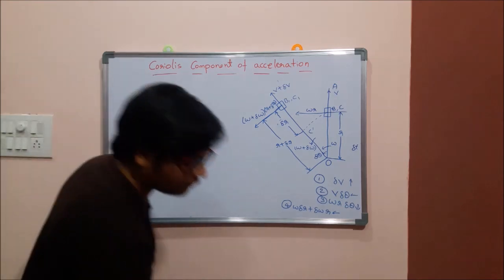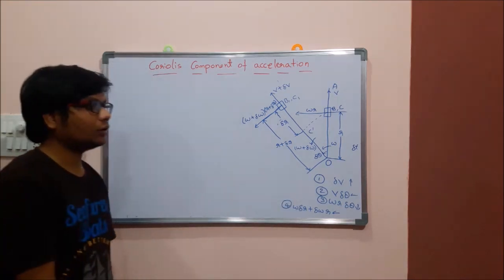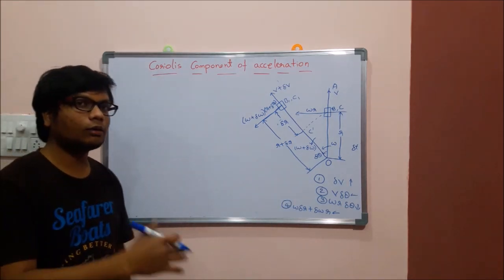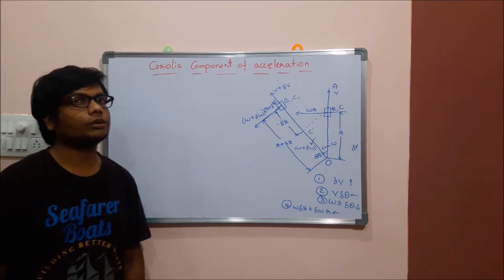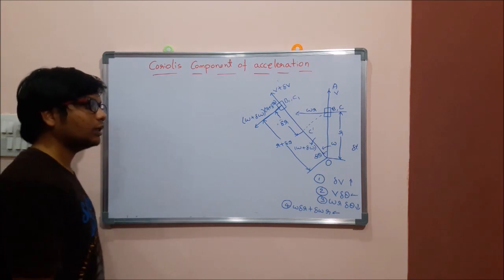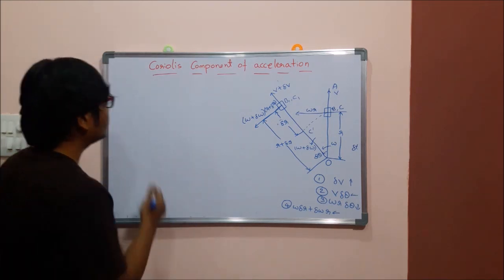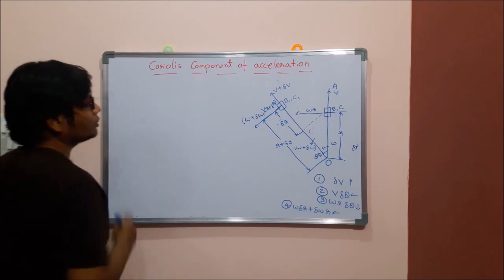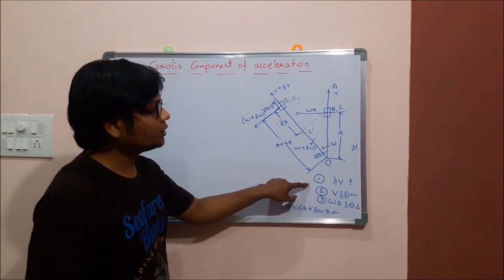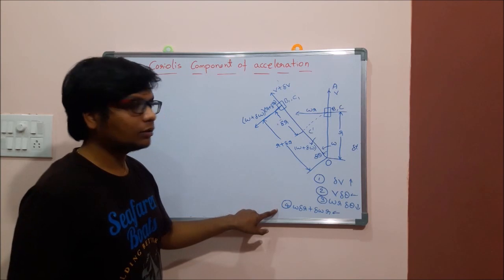So other than the total radial component of change in velocity, here the requirement is we need to find the tangential component. So we try to find the total tangential component of change in velocity. From the equations, again, which equations do we need to consider? This is the tangential second one, and this is the tangential fourth one.